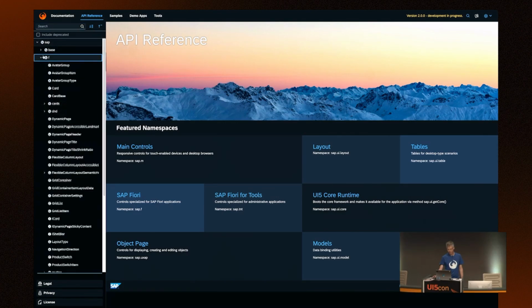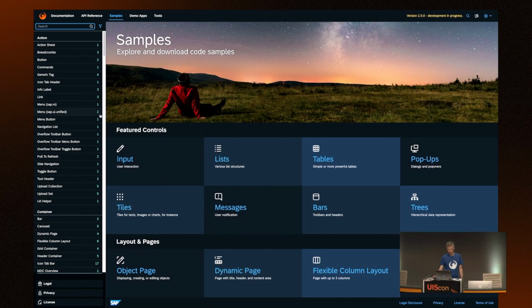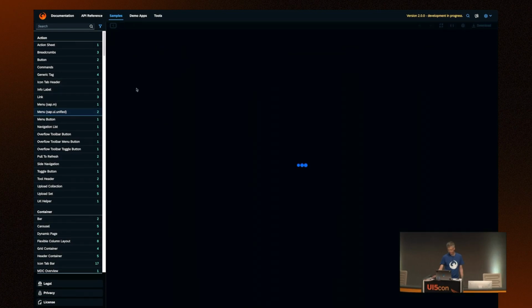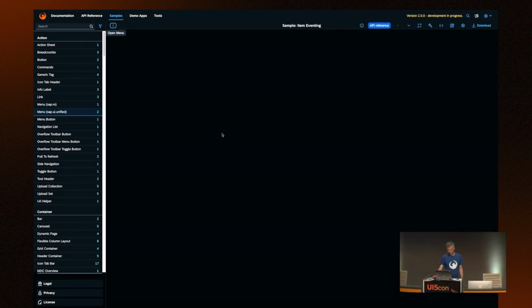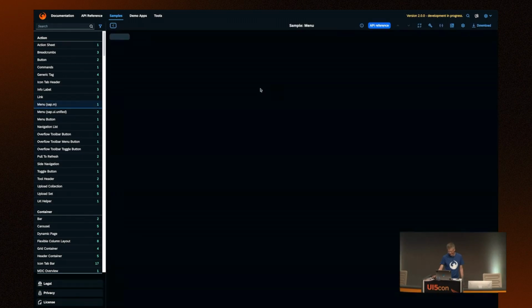It's automatically updated because it's JSDoc, generated from the source code, and you have the samples in here, many of which are already working. And now I picked one that seems not to work. So it's also true that some of them don't work yet. But some of them actually work.